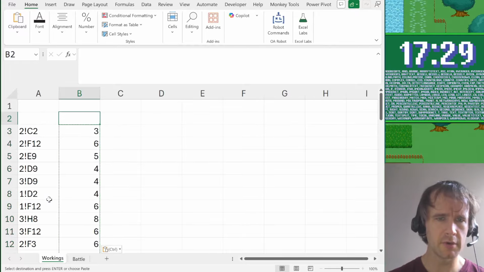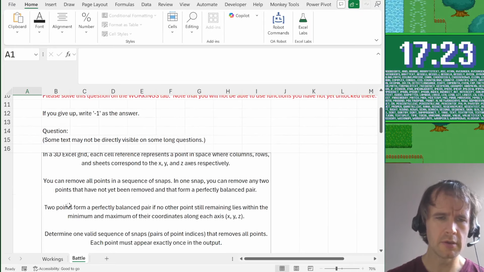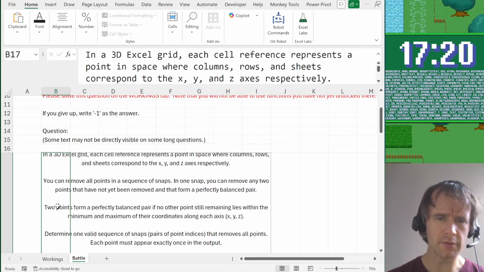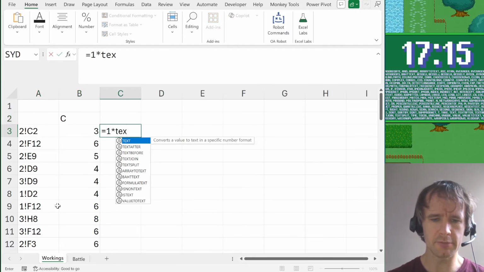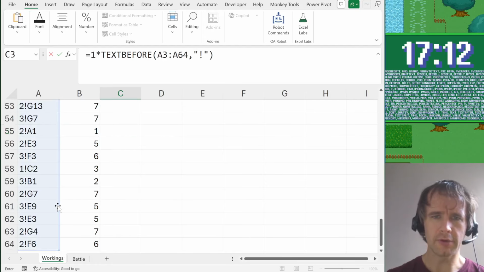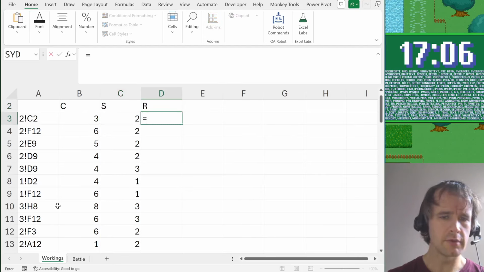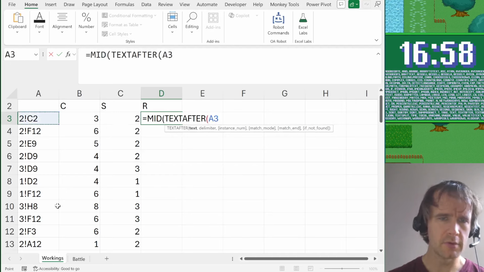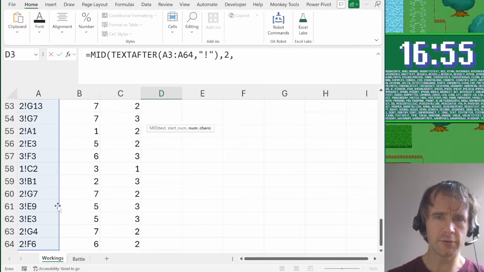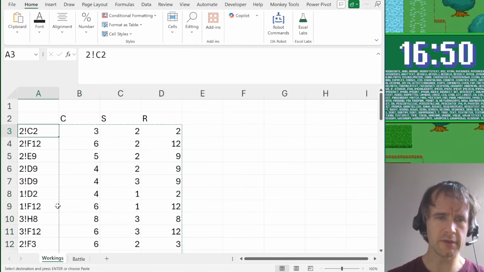So that's the column number, which I think is the first coordinate. Let's just check that. I don't think it matters, the order of the coordinates, does it? No, it doesn't. Totally irrelevant. Alright, fine. So then 1 times text before. Again, the obligatory: do I have that function? I do. So that's the sheet, and then the row is, I guess, mid text after this, after the exclamation mark, 2 times 1. Okay. So that's it, and then the numbers